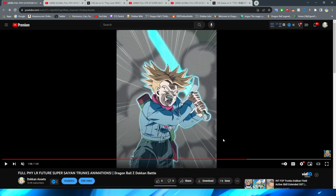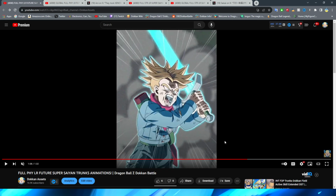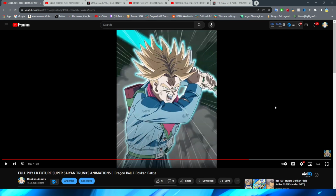But nonetheless, obviously Trunks then brings his sword to slash again. With this particular shot here, I definitely think that the slash is pretty decent looking. Again, I just kind of wish...